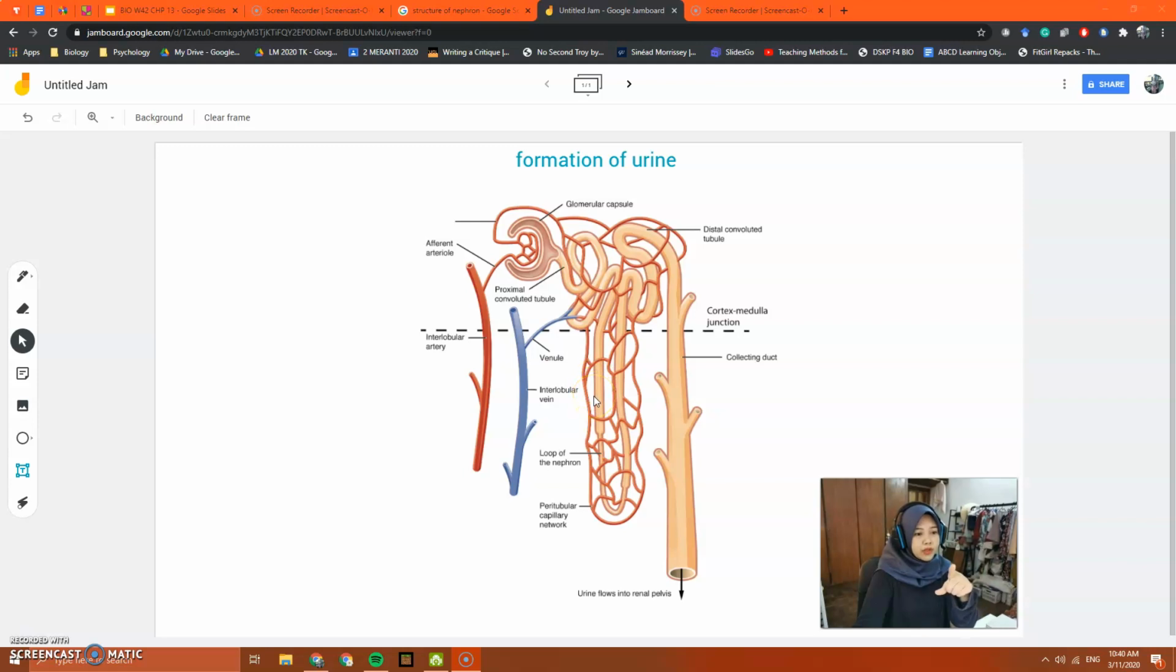Okay, and that's very important because the interstitial fluid right here, which is the medulla part right here, needs to stay salty so that the process of osmosis can always happen. Okay, so moving on to the fourth part, which is the secretion. Okay, secretion is basically a last checkpoint for the filtrate to take out anything that it does not need,